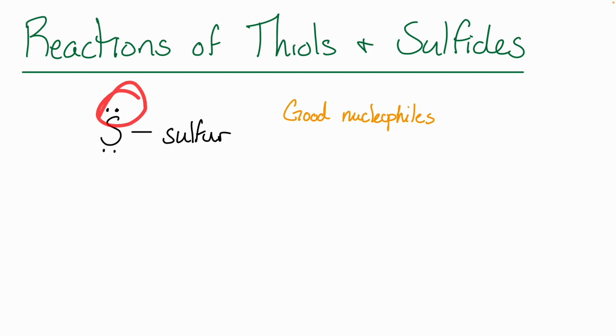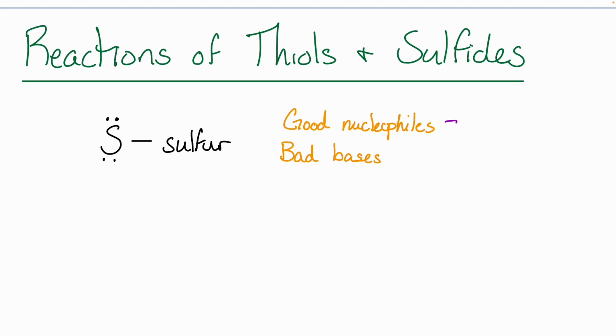They have this lone pair that they can donate. Being a larger atom, they're an even stronger nucleophile than oxygens are. Larger atoms, their electron shells are a little bit more squishy, right? So they can get those electrons into an electrophile a little bit easier. And what makes this even more true is that not only are they good nucleophiles, but they're also bad bases,